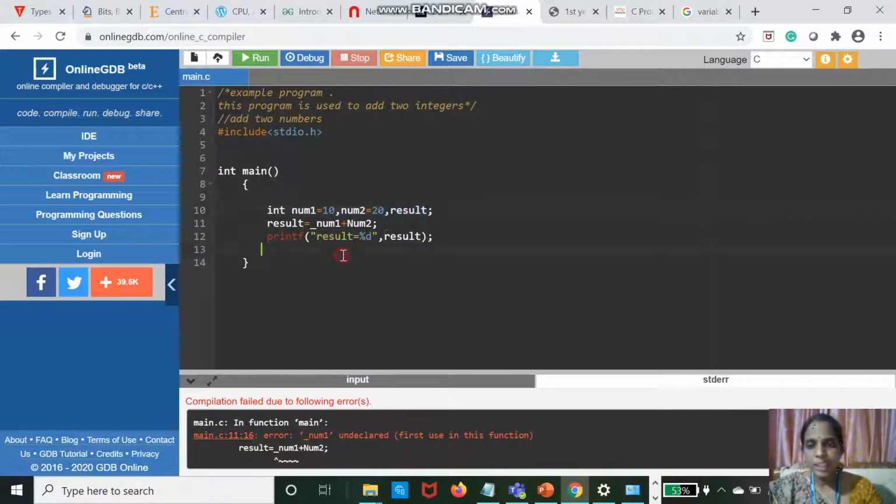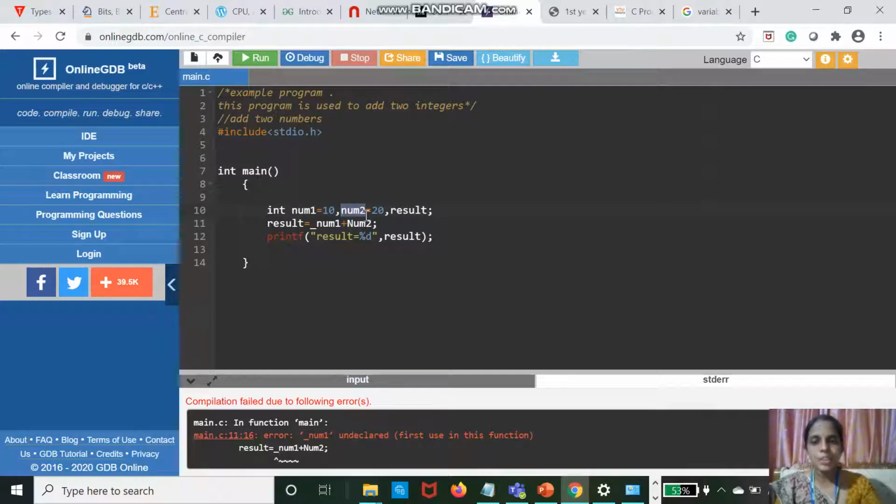Then what is a variable? See, this 10 and 20 are input, right? I have given input to my system, and I want to store that input in the main memory. So how do we store these inputs in the main memory? It will be stored in the main memory, and I have to give that memory location some name. Where 10 is stored in the main memory, that particular position I named num1. And where I stored 20, that position I named num2.